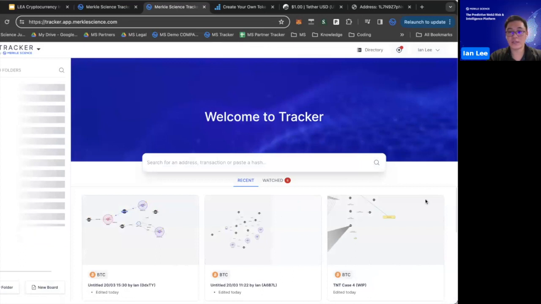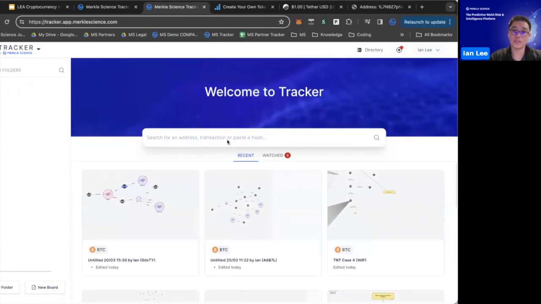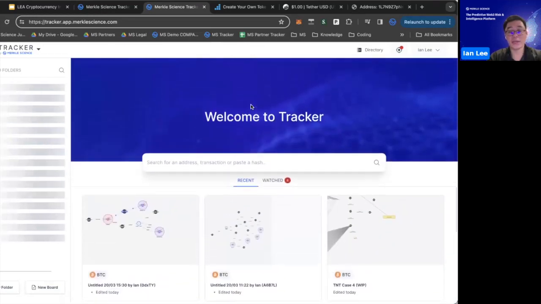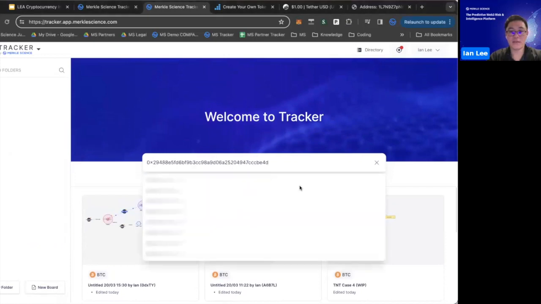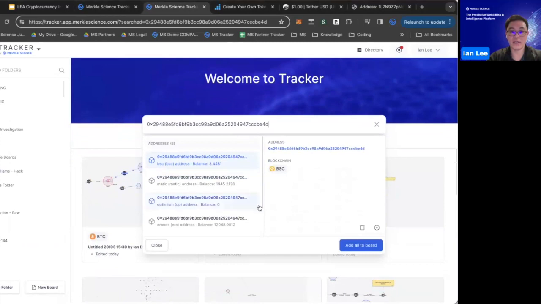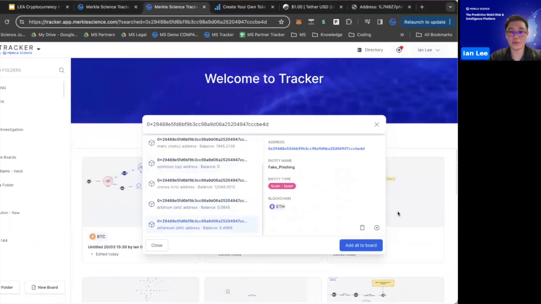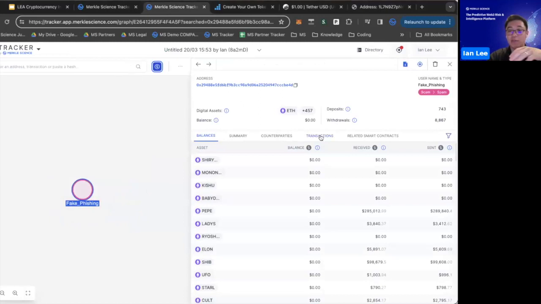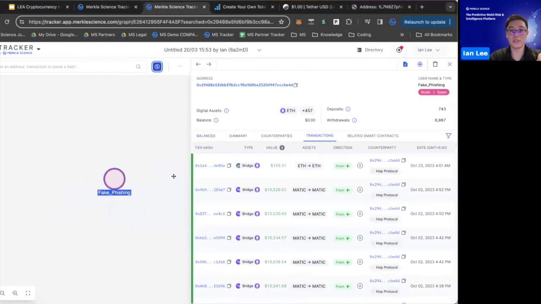Last thing that I want to show you guys in the tool before we go back to some last tips that I have for you is that, with the tool, we do try to automate as much as possible. And on top of having features around auto investigate, we do also have features to help users around cross-chain tracing. So in the event that you are investigating an Ethereum-based address that has, let's say, leveraged a bridge to try to obfuscate its funds onto a different chain, within the tool, we have tried to simplify that for you as much as possible. So any time you see a bridge transaction, within the tool, we'll actually identify that transaction as a